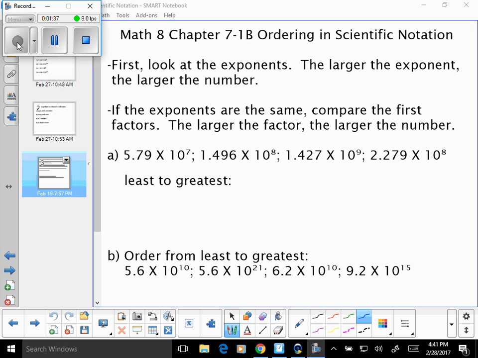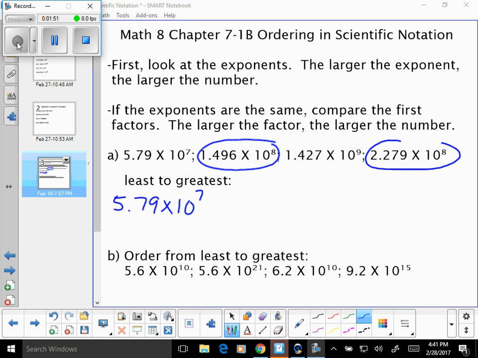So let's first of all write down the 5.79 times 10 to the 7th. The second number, 1.496 times 10 to the 8th, and 2.279 times 10 to the 8th, which is the fourth number, have the exact same power of 10. The exact same exponent. In this situation, we now need to look at the first factor, the 1.496 and the